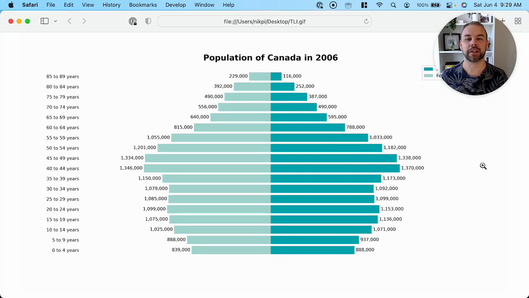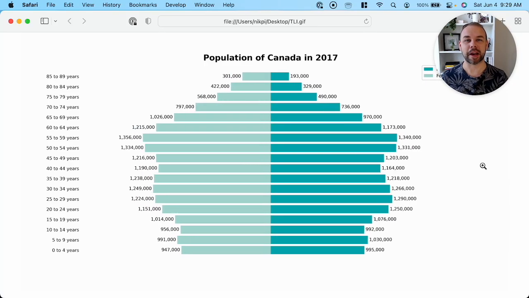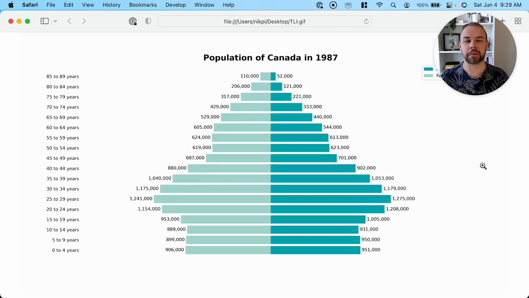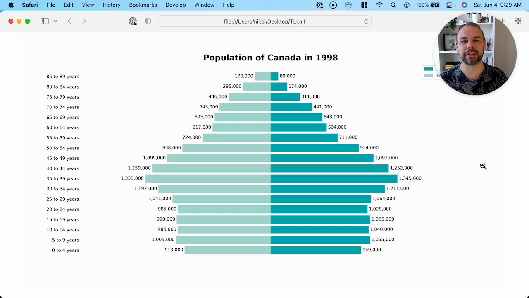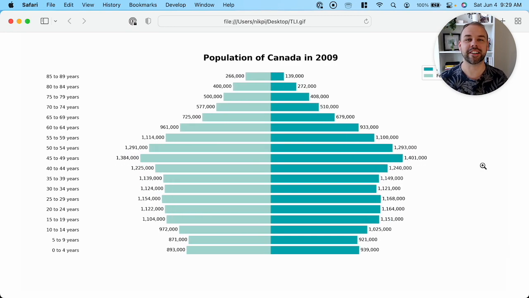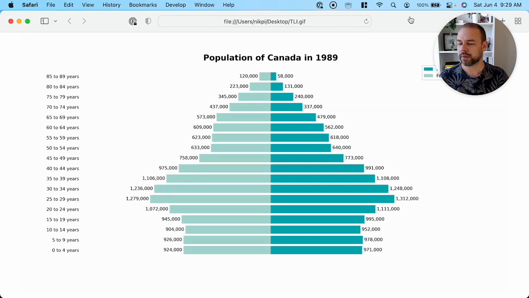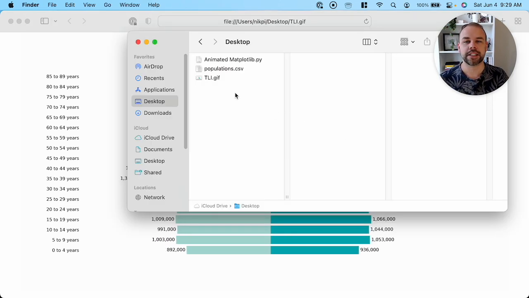In today's tutorial, we're going to cover how to animate your Matplotlib graphs. By the end of today's video, you're going to be able to create this beautiful animated population pyramid using population data from Canada or whichever data set you want to use. Let's dive right in. The first thing that we're going to want to do is actually download the data